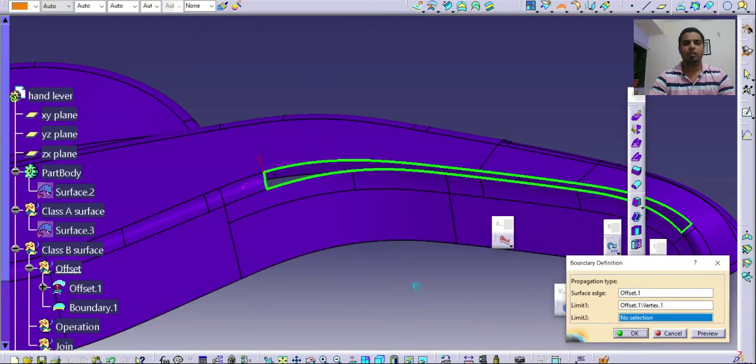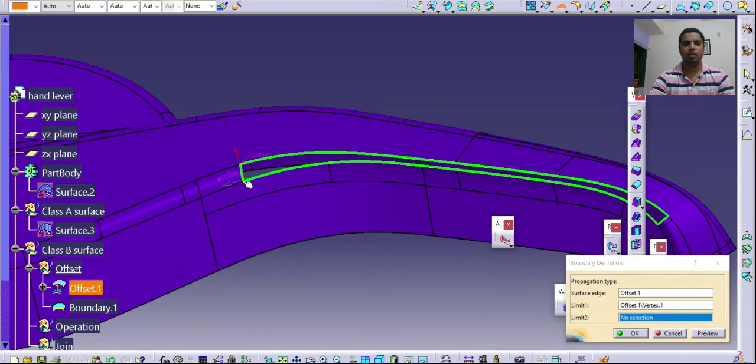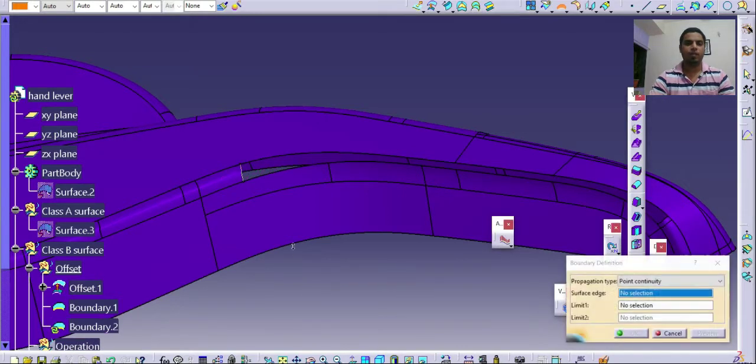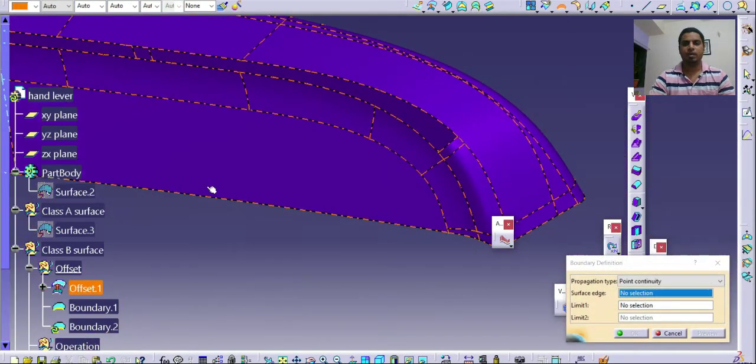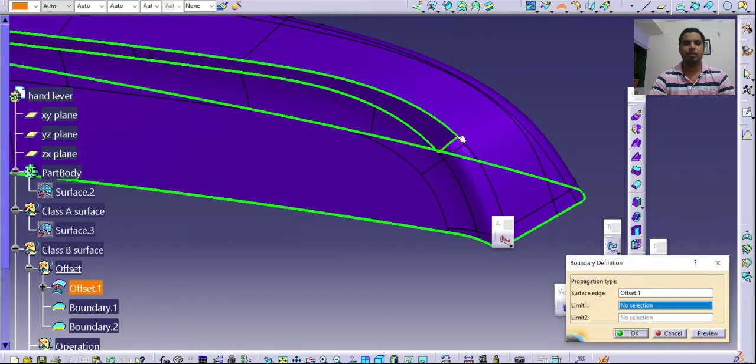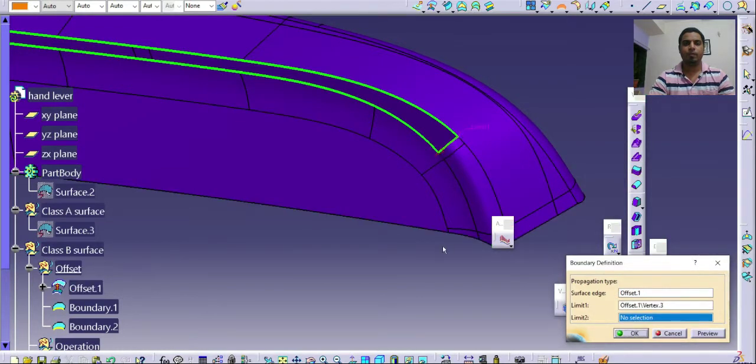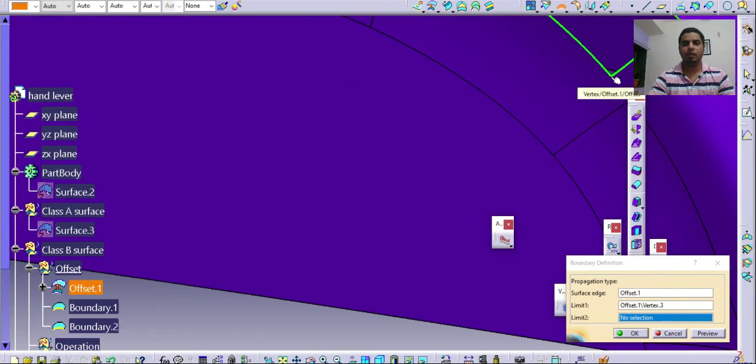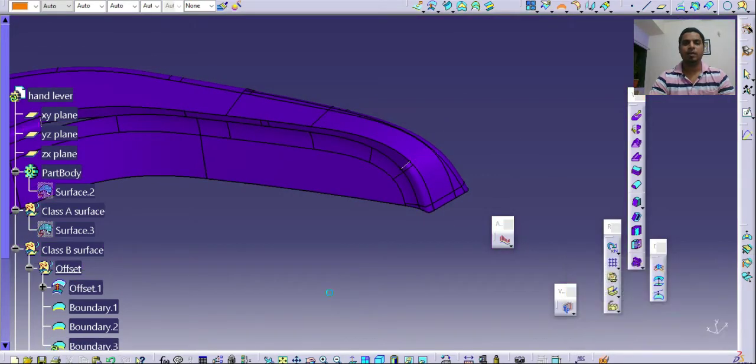So I will select this to this, sorry, and I will specify the direction in inward direction. Similarly, we can use boundary for extracting this surface.